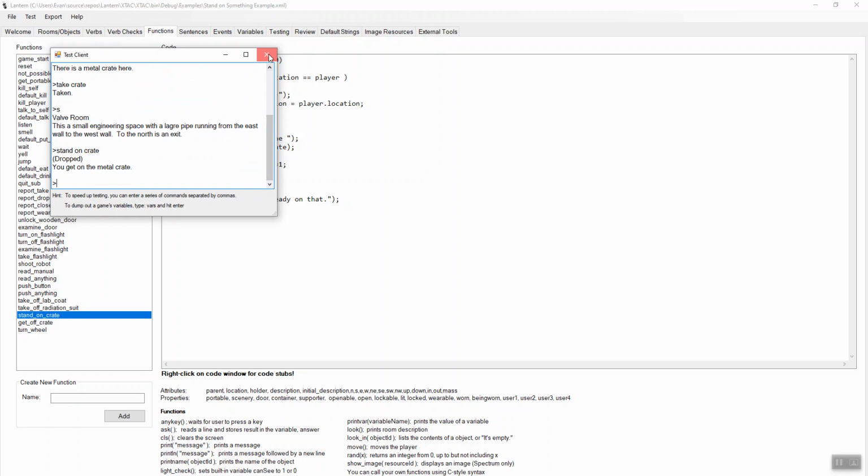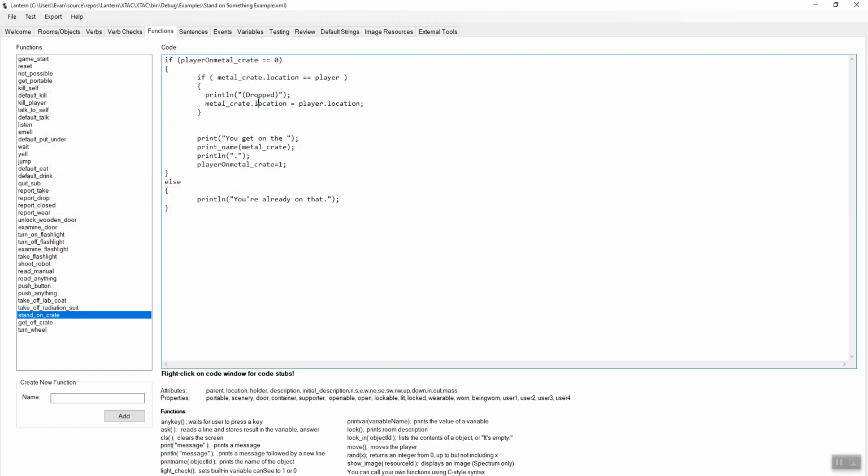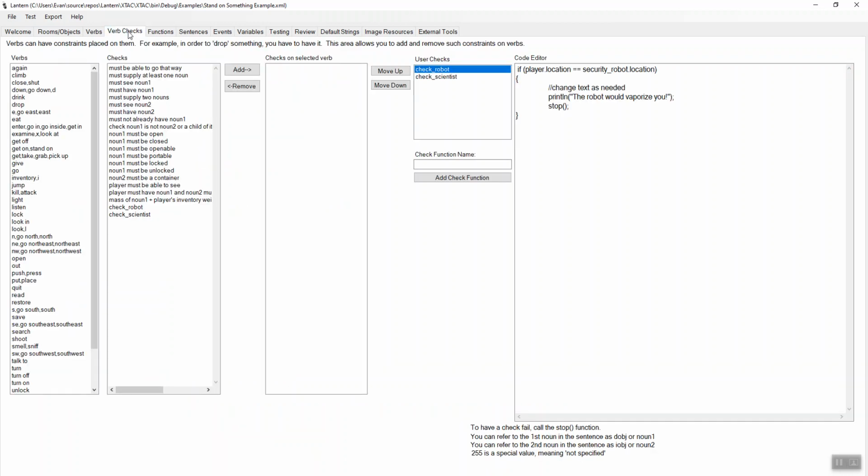So there it is. There's how to use that variable that says whether you're standing on something to control an action. Another way of doing this would be to create a verb check. So we could have written a verb check that says if you're trying to turn something, check to see if it's in reach, or check to see if we're standing on the box. So what I could do is I could say, check on crate. And we don't actually have to do this, but